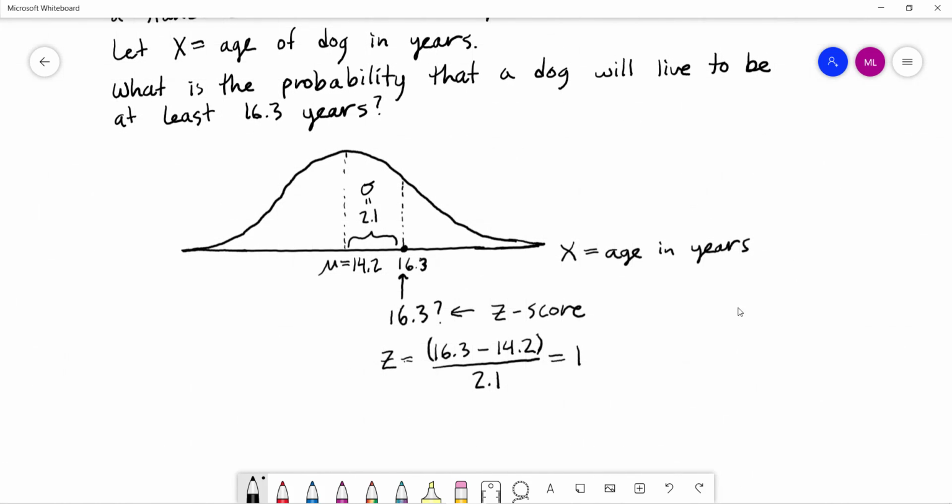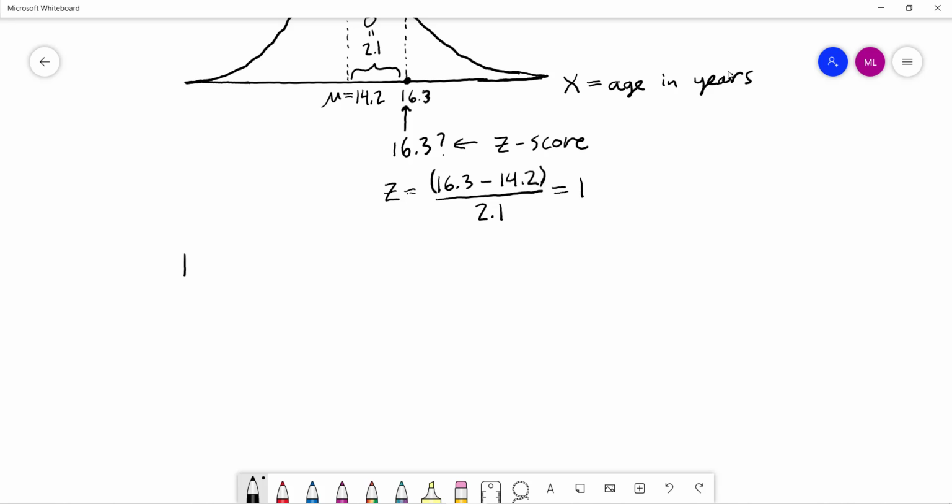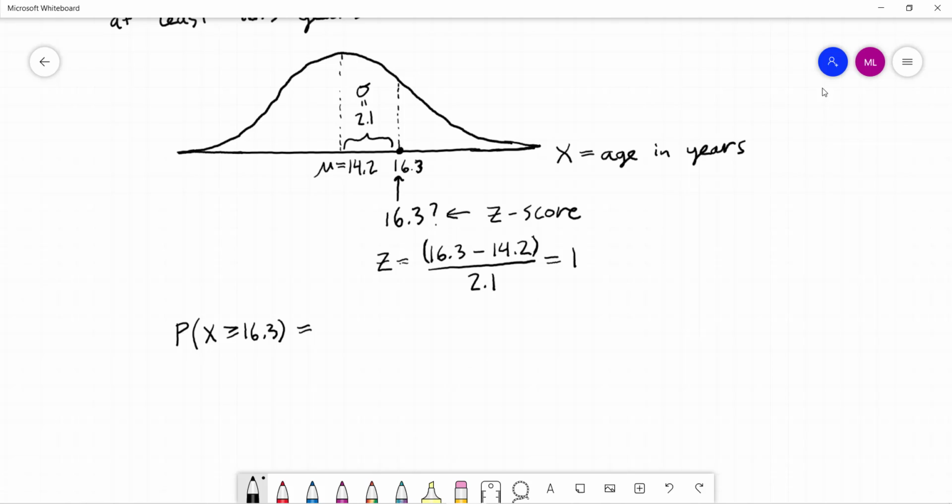And we can take a look at exactly what's going on here. Okay, so I found the z-score is 1. I'm interested in the probability that the dog will live to be at least 16.3 years old. So at least means greater than or equal to that. I'm interested in that the value of x, the age in years of my dog, is greater than or equal to 16.3. And we just saw that that's equivalent to looking at, because this z-score corresponds to z equals 1